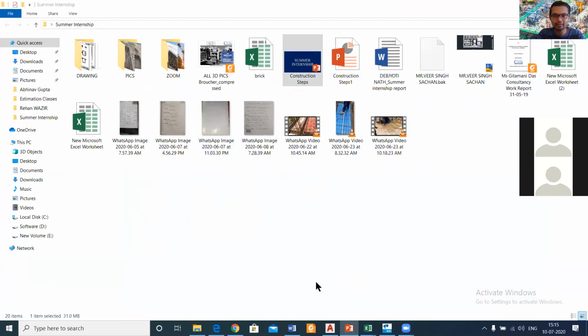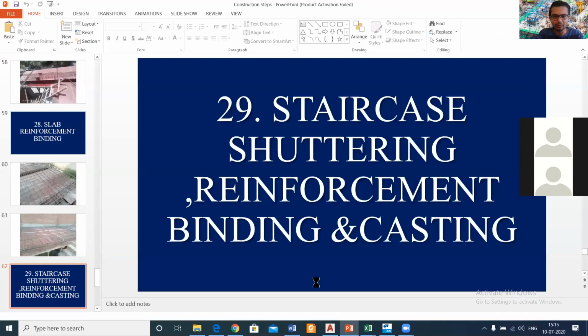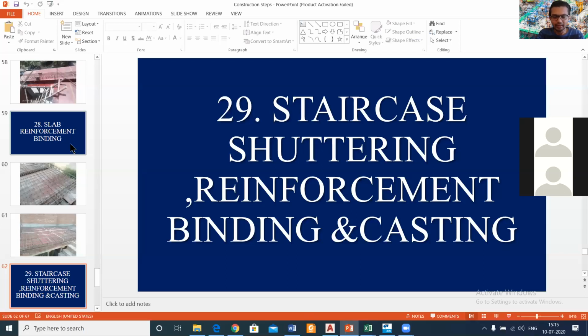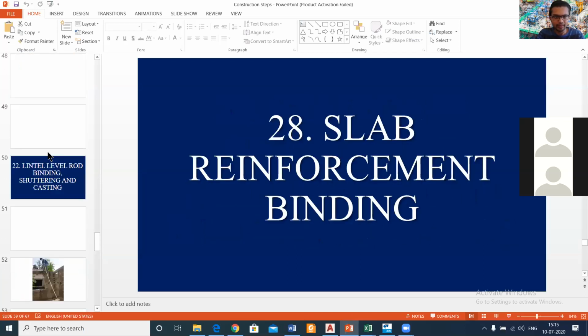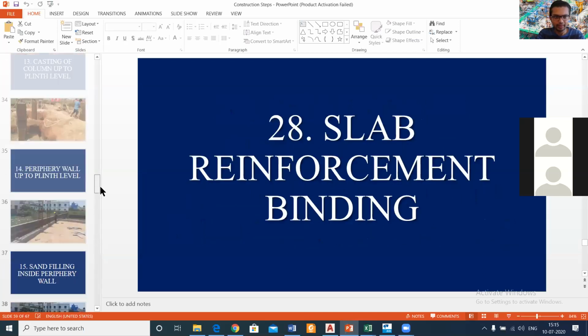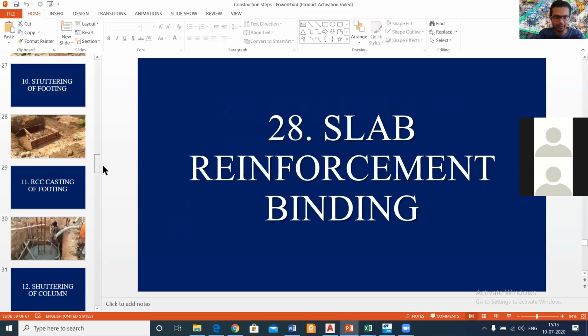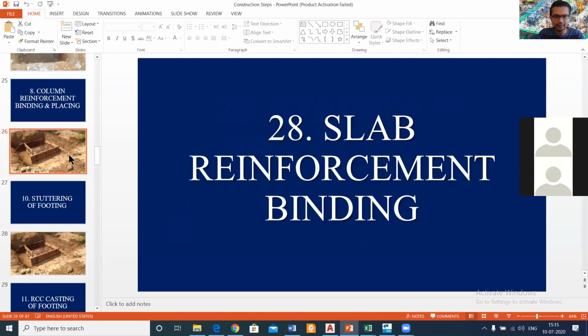So basically, we had told that we will discuss today how to calculate the quantity of reinforcement in your shuttering. Suppose this is your shuttering material.